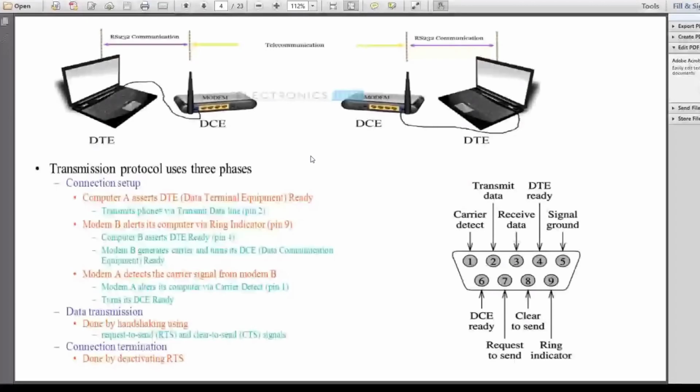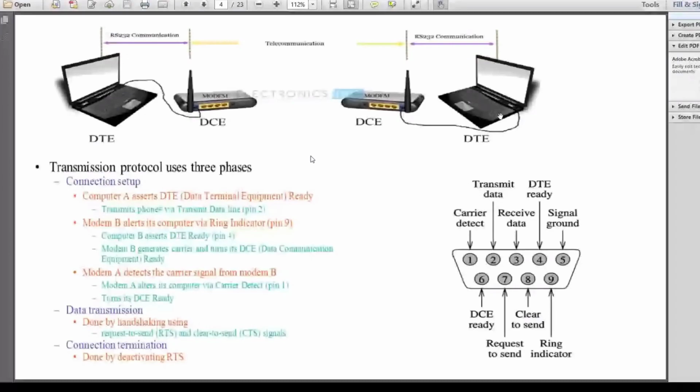Okay, thank you. So going back to our discussion, this is a typical setup of serial communication. A computer is available, having a modem to be connected, and another modem is available at a far distance. This is whatever data is received by a computer. So this is computer to computer communication, and we may have the internet connecting these two.